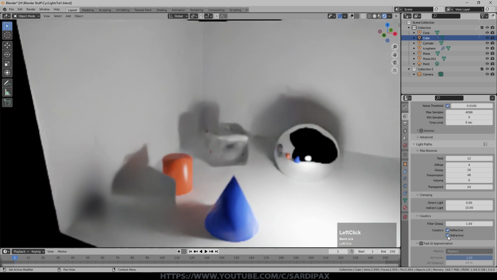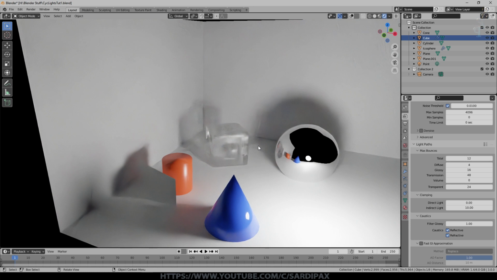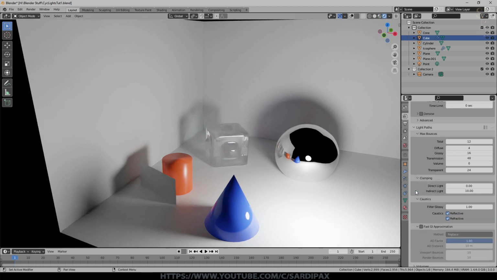And if I turn reflective and refractive caustics back on, you can see that cube particularly lightens up quite a lot. But there is always a price to pay. You can't really use denoising very effectively, or not simply anyway, with volumetrics. And now you can actually make out the caustics a little better because you can see there's a sort of light spot there, there's some dark spots around here, you can see a lighter spot in here. But I have found caustics don't always render that well when you're using denoising, and the odds are you're going to use denoising to some degree in order to be able to render your scene, even if it's a single frame, in a reasonable amount of time. And when I say reasonable, I mean an hour or two rather than several days, but it depends on the scene. So I think I will stop that tutorial there.